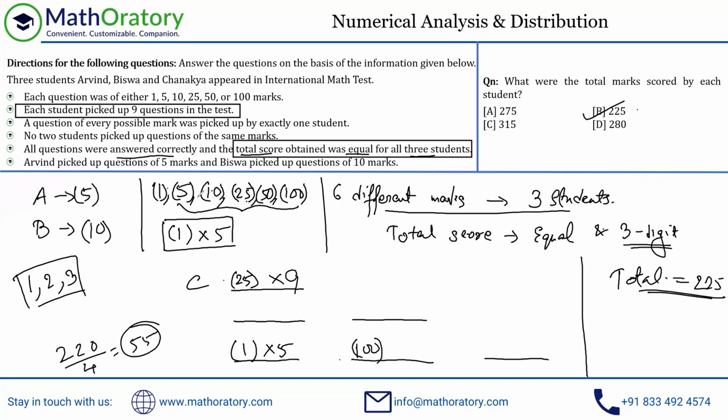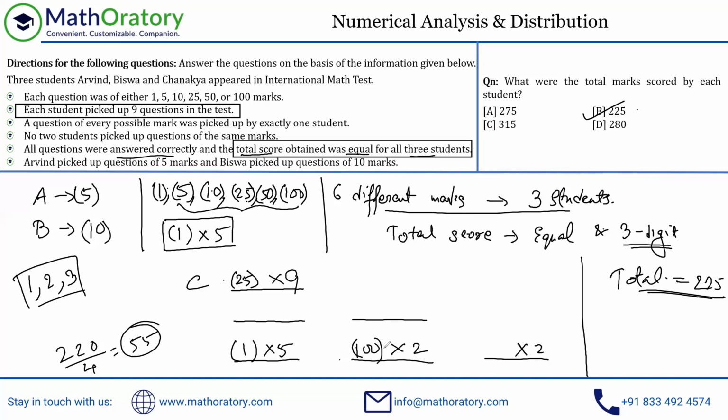If I do pick up 50 out here, so 100, so just work out with the total. That will be actually a little fast. So this is 5. You cannot pick 100 or 300. So you have to pick 200, right? If you do pick 100, then you're left to make 120 with 3 different questions. So that is not possible. So you need to pick 200. So automatically you will get the answer.